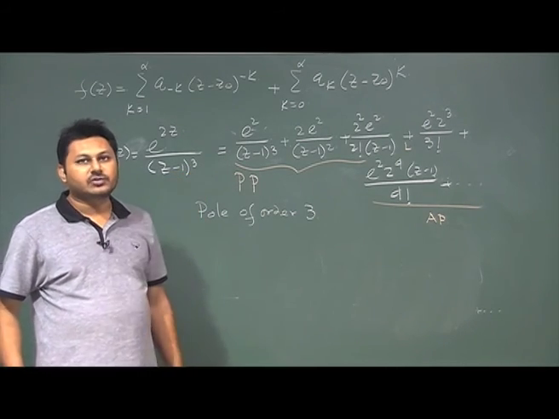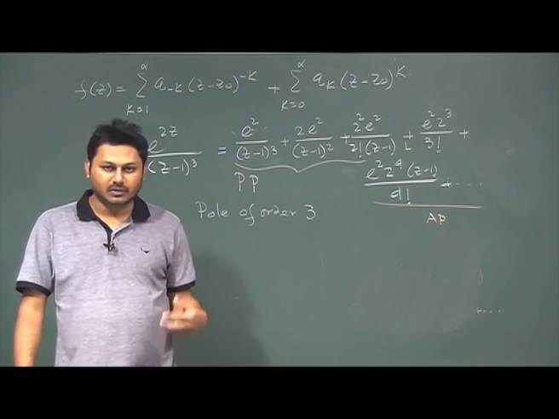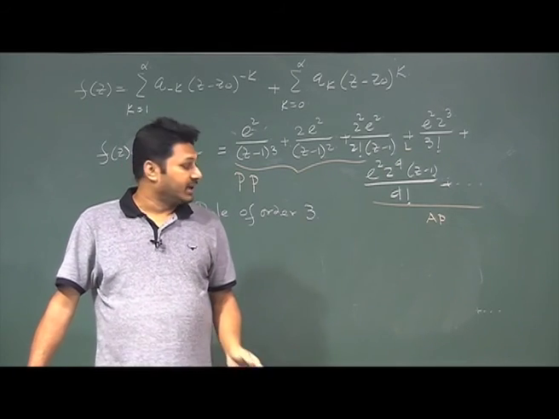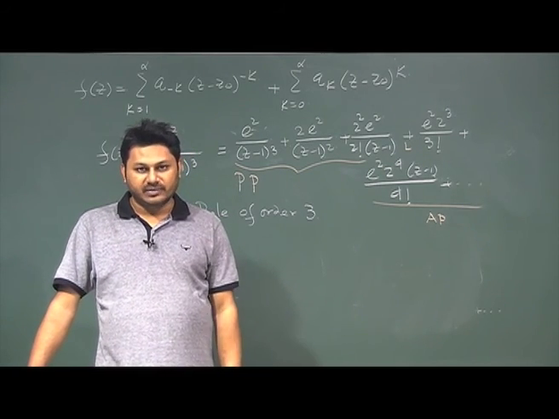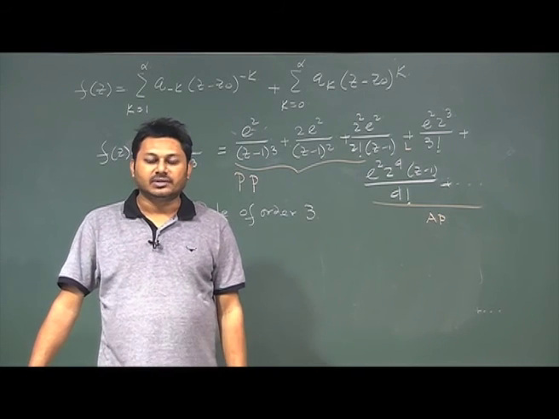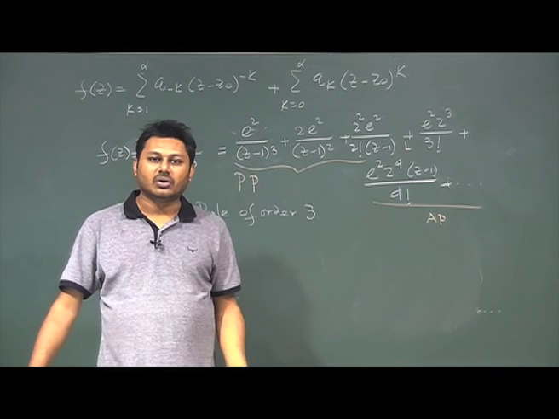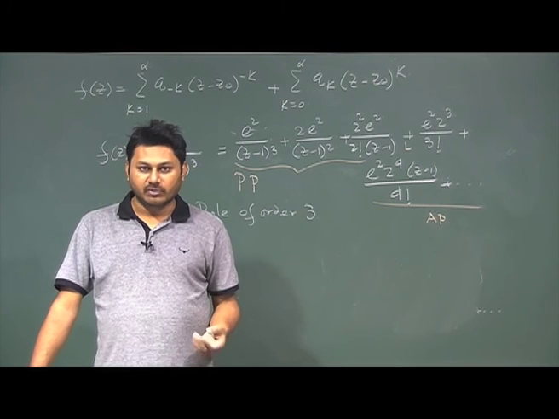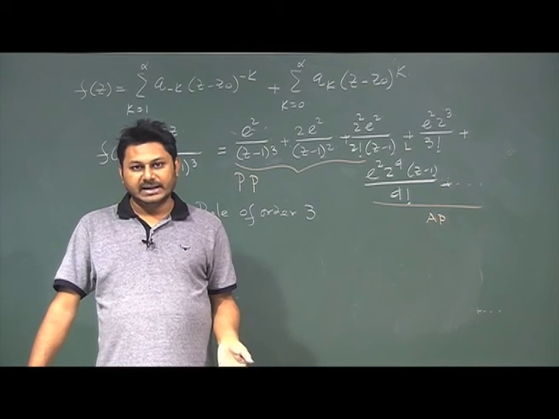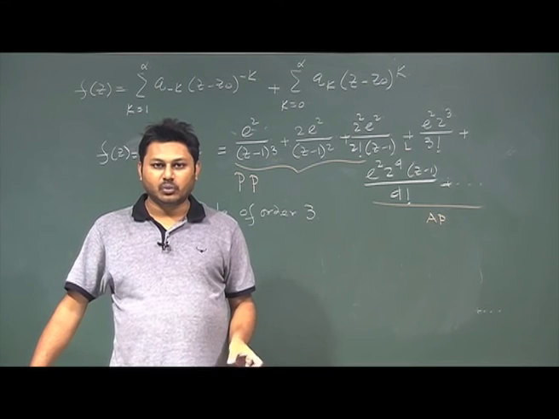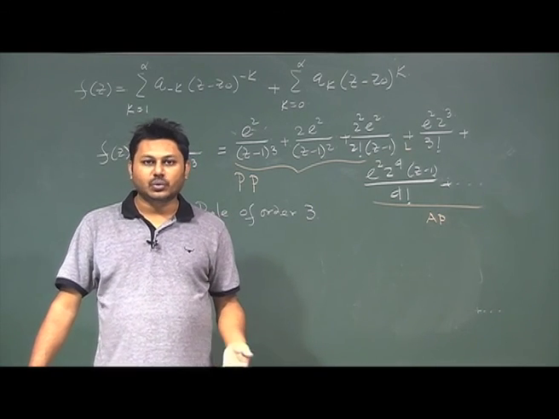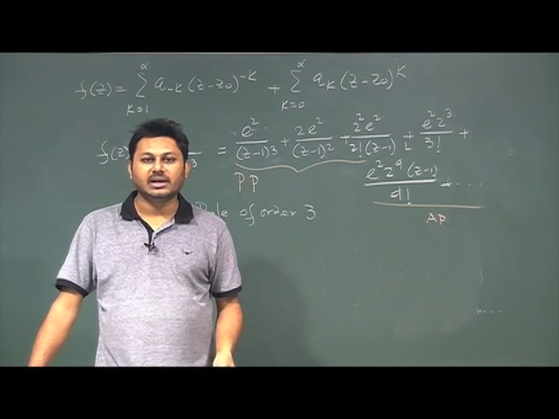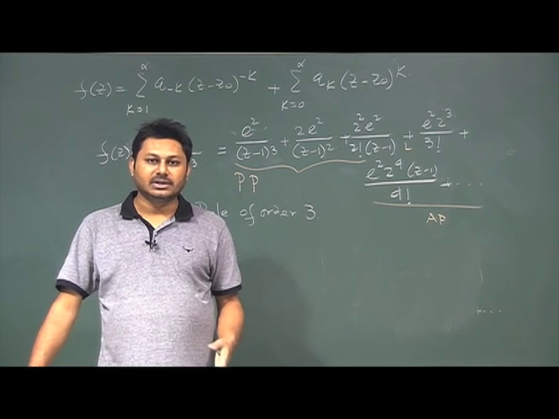Okay, so right now I should stop here. In the next class, we will learn, in the light of Laurent series expansion, how the singularity can be understood. We find that there are a few examples where we have no singularity. This is called the removable singularity, where the function is analytic at that particular point. But it may not be so for other functions, where we have a singularity which is finite in nature, in the sense that it has a pole of some finite order. In the next class we will also show some examples where we do not have any finite singularity. That is called the essential singularity, and we will also learn how to expand a function in terms of Laurent series.